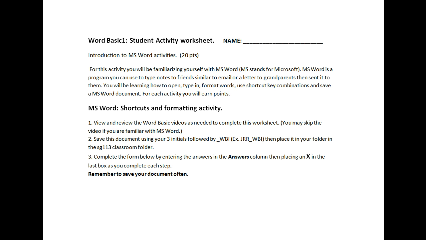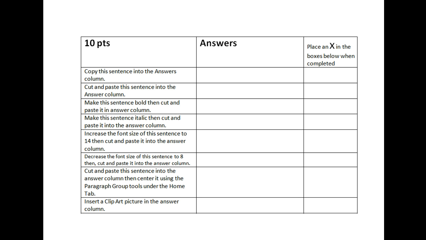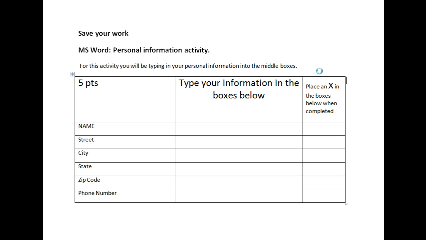So this will be one of the activity worksheets that I have them do. This is basically the instructions. Then as they work their way down through the worksheet, you can see here on the left, this is basically the directions of the steps they'd have to accomplish. They would put the answers here, and then they would put a check mark, or some of the students like to use the fill bucket and put colors in there. And so they would again progress down through and then finish the actual worksheet.